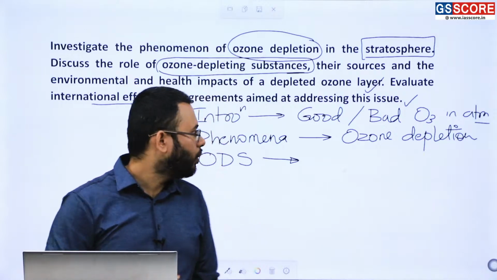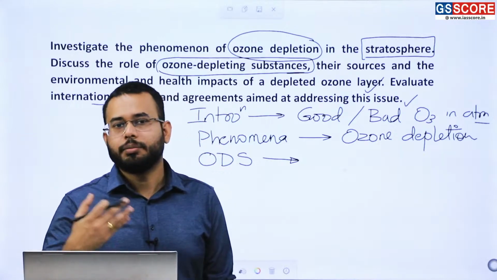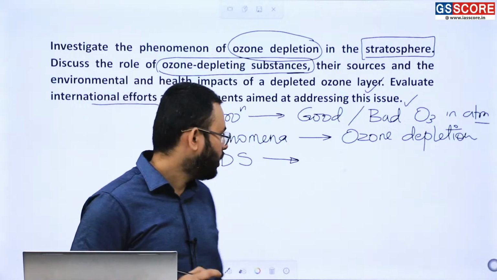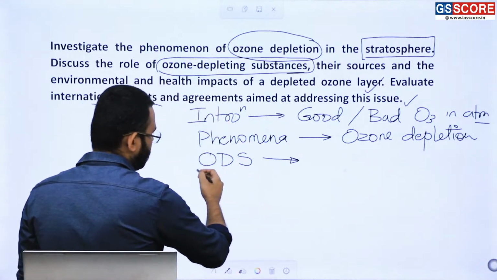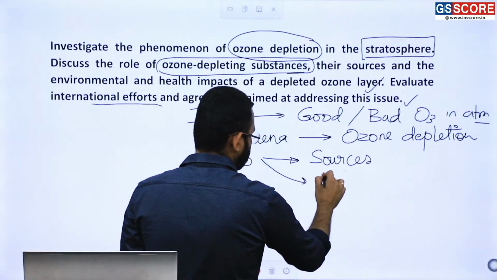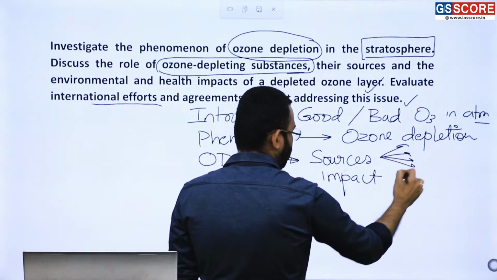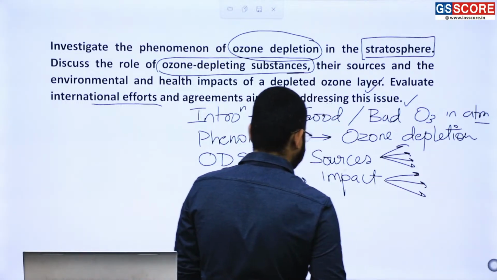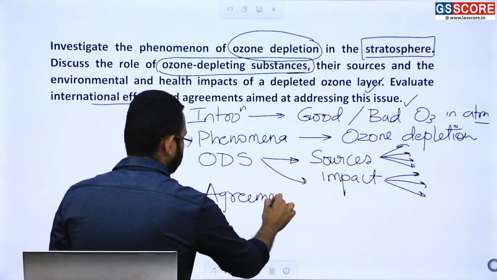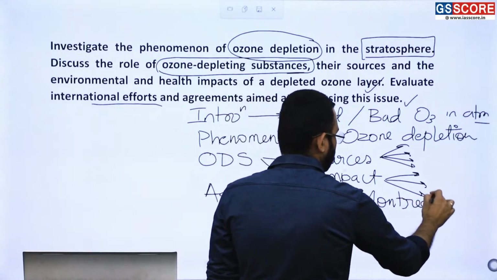Now, when we talk about the international efforts or agreements to address this issue, one of the major agreements is the Montreal Protocol. So here you need to mention, okay, in the structure, ODS sources plus impact, 4 sources we have seen and 3 major impacts. Then in agreements, talk about Montreal